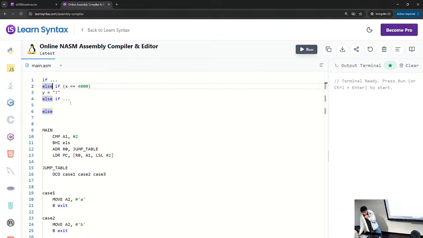Now, if we had something like this, we would need a case for each jump table entry, which means if we wanted to implement this, we would have case 1, case 2, case 3, and then,